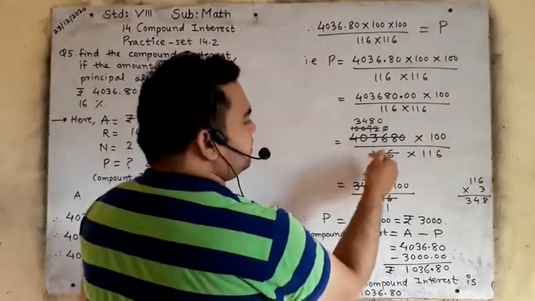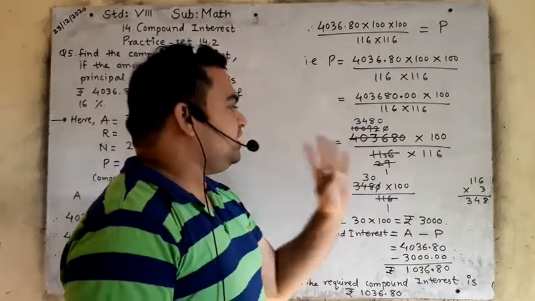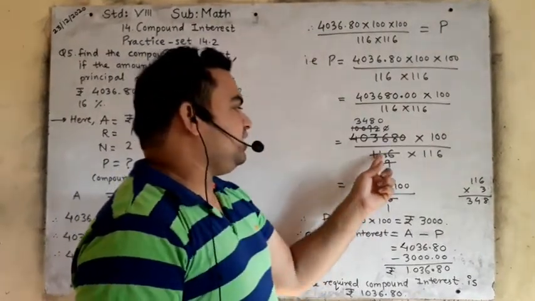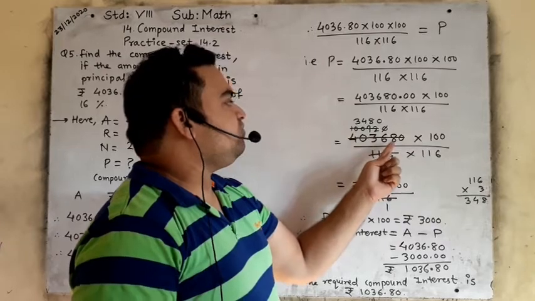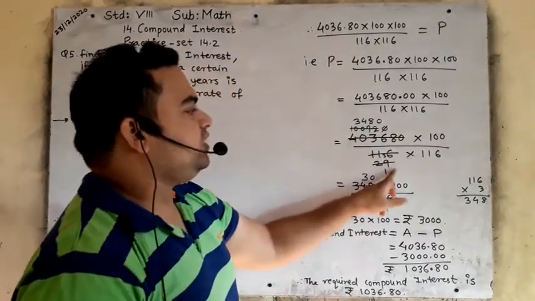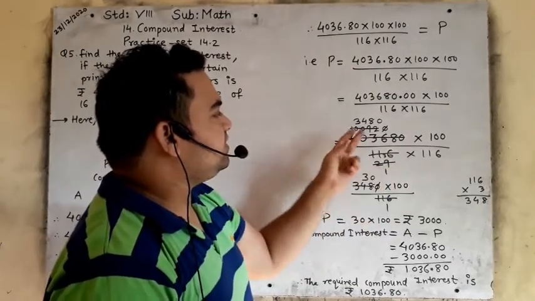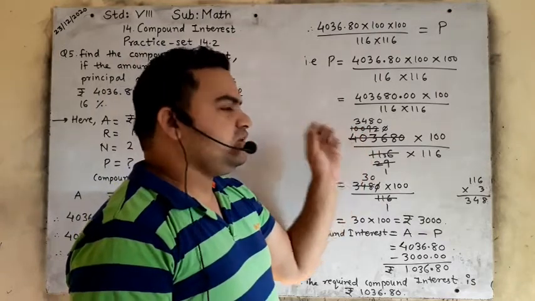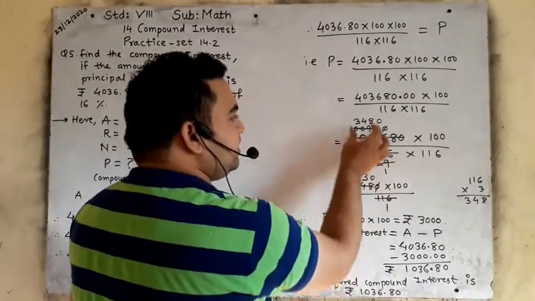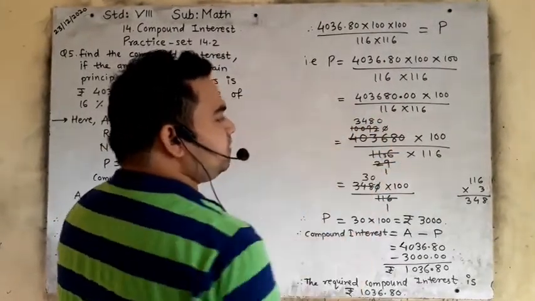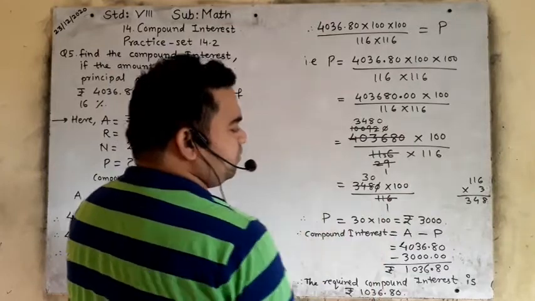My dear students, I have simplified this number from first 4. पहले हमने 4 से divide किया है. We had used here 4 times table. 4 2s are 8, 3 remain, 4 9s are 36, 4 10s are 40, 4 zeros are 0, 4 9s are 36, 4 2s are 8, 4 zeros are 0. Okay, then 29 is a prime number, so we will directly use 29 ones are 29, 29 threes are 87. Okay, the remaining, the number you will do minus alongside, and then you will solve 29 times the table we have used over here. So you will also multiply, divided by 29 table. So answer will come 3480 multiplied by 100 upon 116.